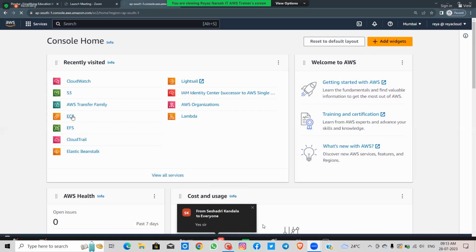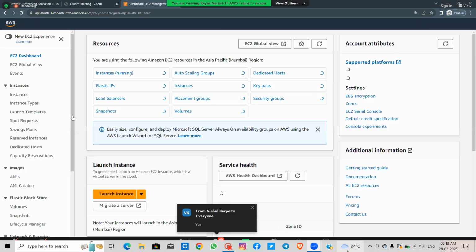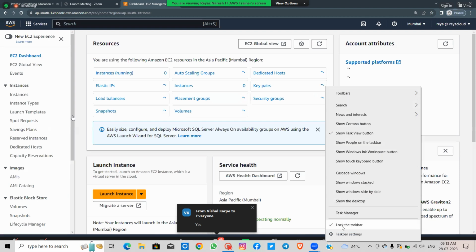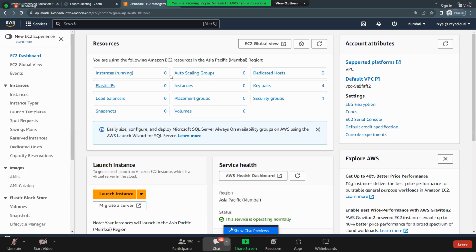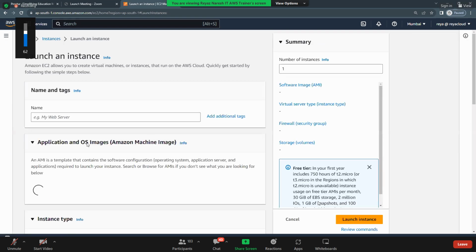Okay, let's move to EC2. And then you should be in which region always? Mumbai region. Make sure that you are in that region. And then for me, everything is 0 except keeper and security groups. No issues. So let's go ahead and then launch one EC2 instance first. So you tell me, what are the things that I need to select? Huh? So click on launch and